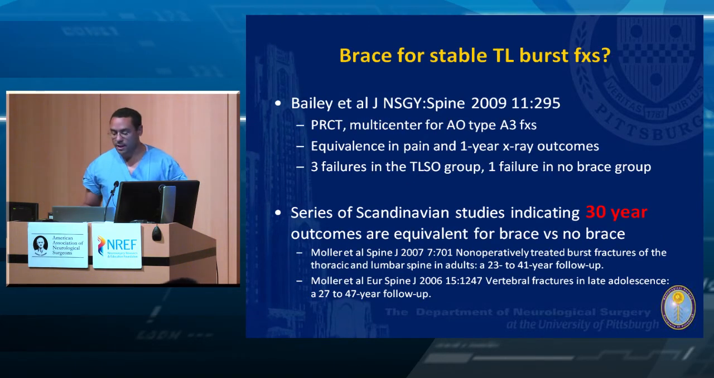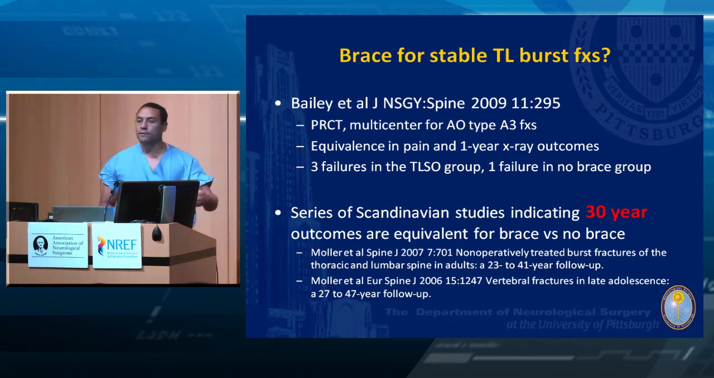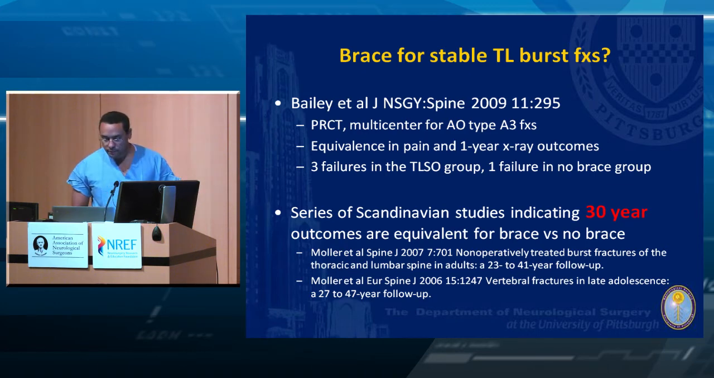Turns out, yes, and there was even a randomized prospective trial that looked at A3 fractures, so these are at the more severe end of the burst fracture, and whether there was bracing or no bracing, with equivalence in pain and 1-year x-ray outcomes. There were 3 failures in the TLSO group, 1 failure in the no brace group, and then